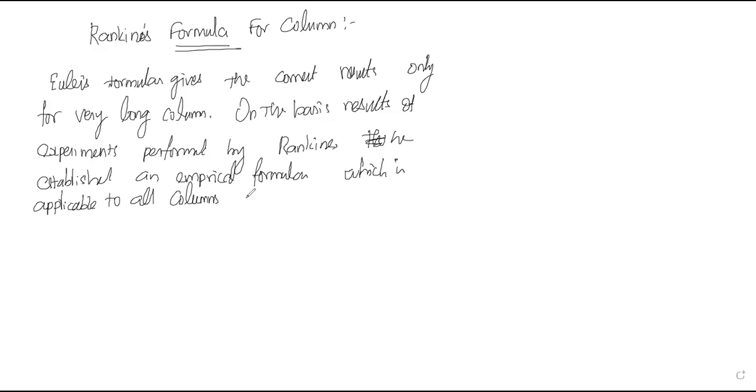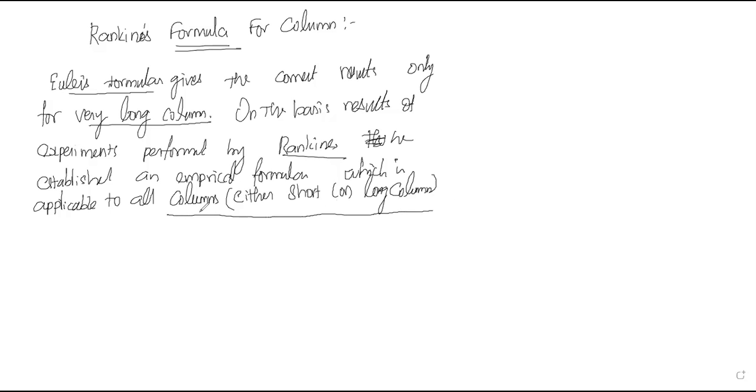All columns means here either short or long column. Euler's formula is useful only for long column, but Rankine has found a formula which is applicable for both the short column as well as long column. That we are going to discuss. So the empirical formula given by Rankine is